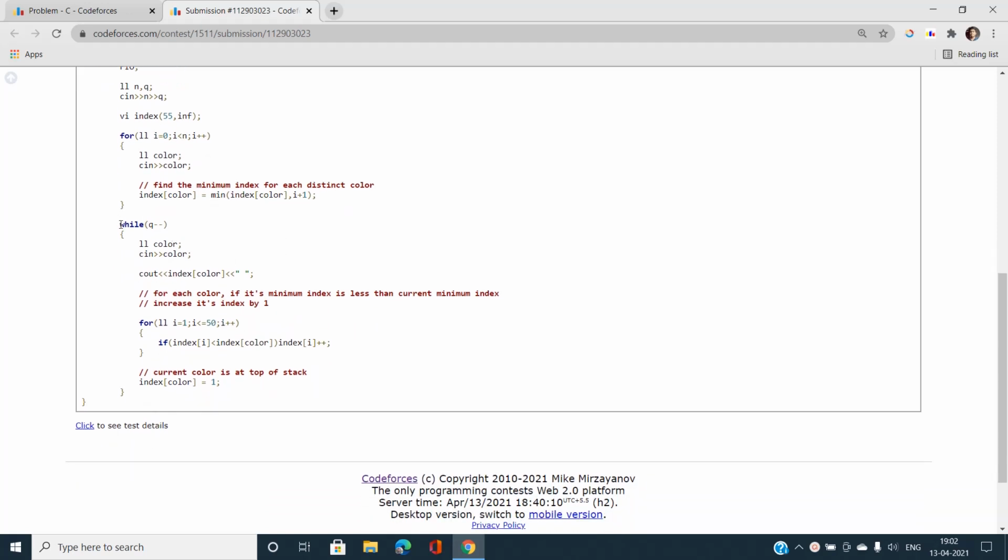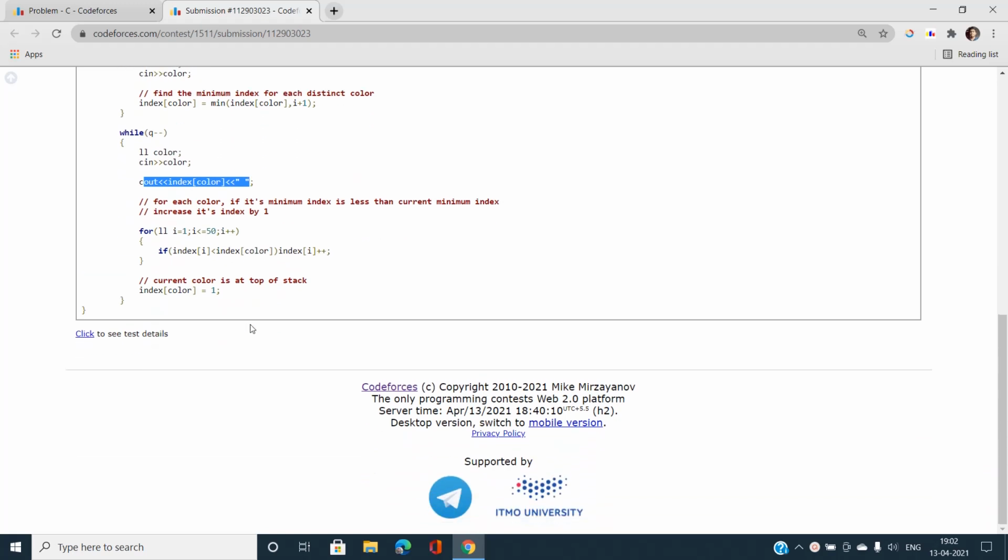Now for every query, I need to do three things. First, print the minimum index for a particular distinct color. Then for each color, if its minimum index is less than the current minimum index, increase its minimum index by 1. I have iterated through all the colors from 1 to 50, and if its index is less than the current minimum index, I increment its index by 1.